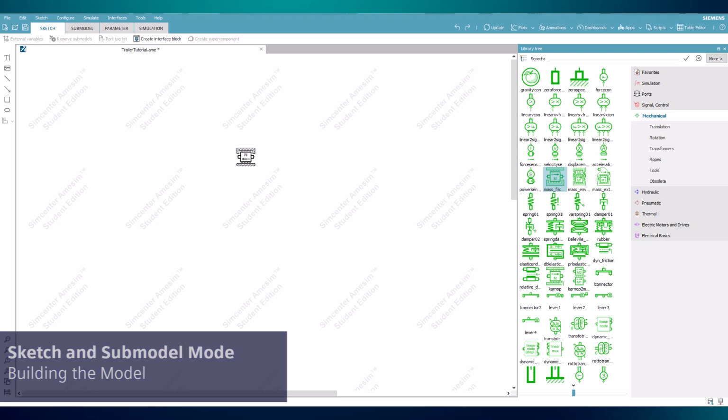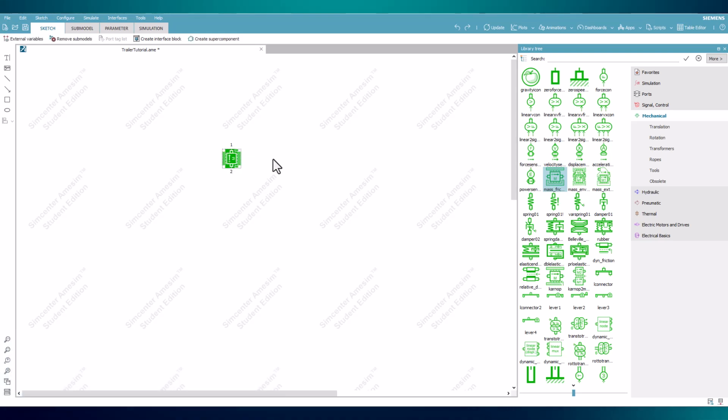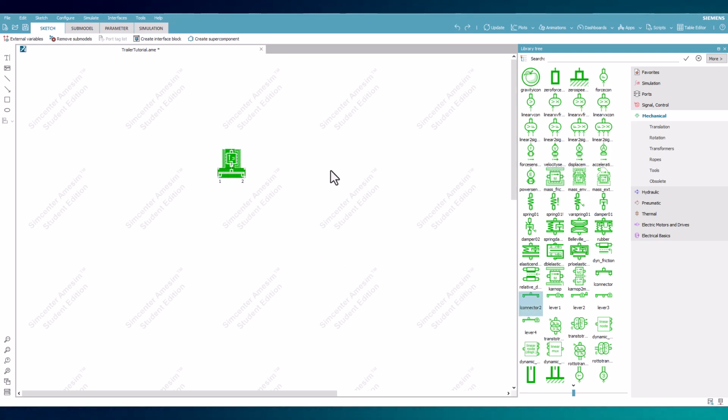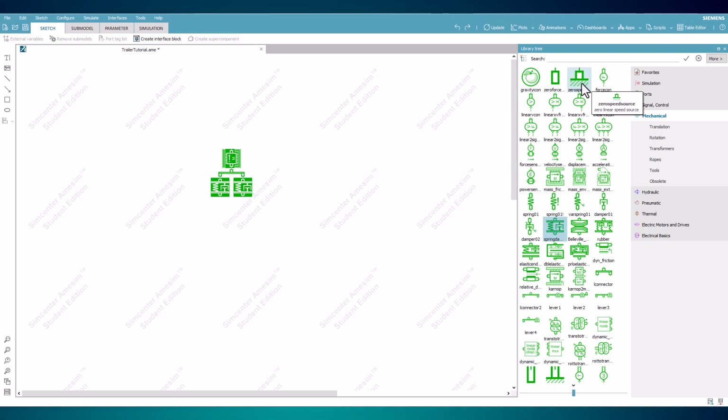To begin building the model, open the mechanical library and place a mass component in the sketch window, with port 1 facing upward for an easy visualization. Next, attach a linear connector node with a single port side connected to port 2 of the mass. For the other two ports of the connector, attach a spring and damper component to each, using the spacebar to copy the last selected component for the second port. The spring and damper remaining ports can be closed with a 0 speed source, and the remaining mass port can be attached to a 0 force source.